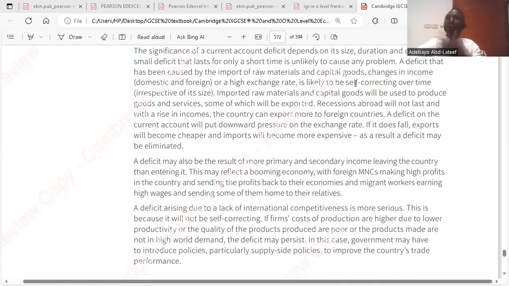If you continue to gift countries and you are not receiving, you run into deficit. That's what they are saying here. Do you get it? Another reason for deficit, he said,